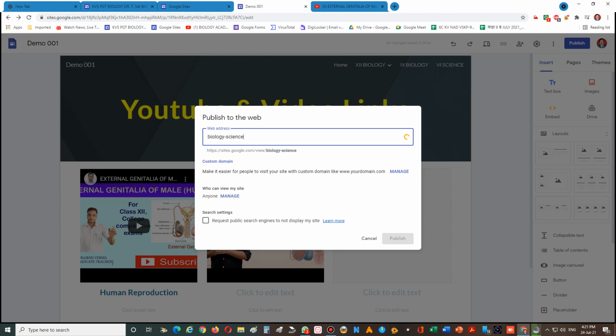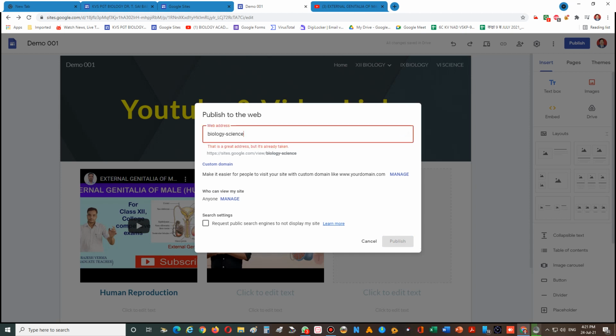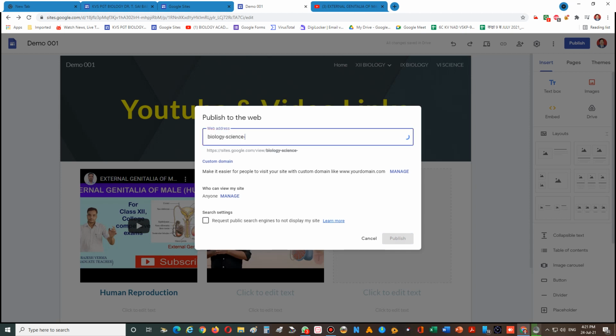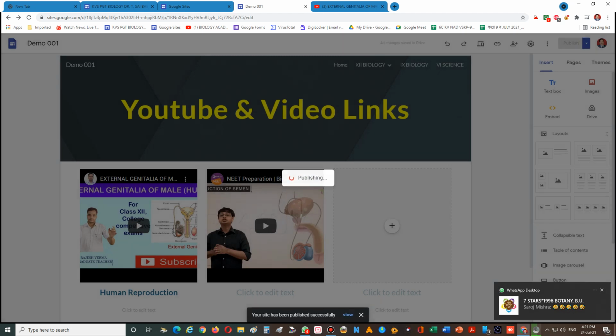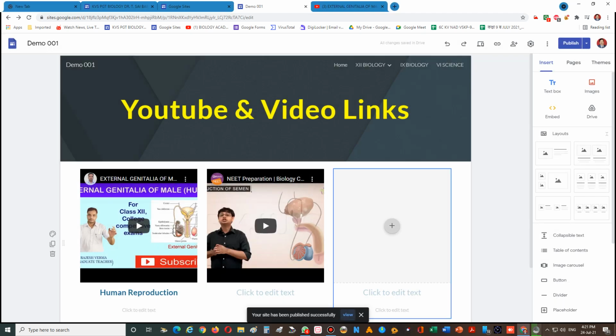Okay, two buttons I did. So already taken. So just click on the publish. Once you click on the publish, it is published.